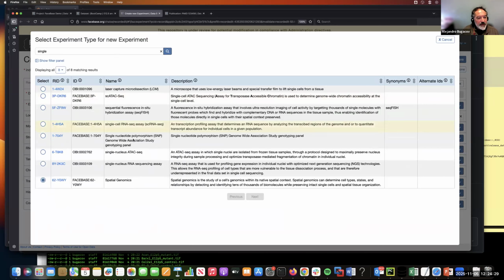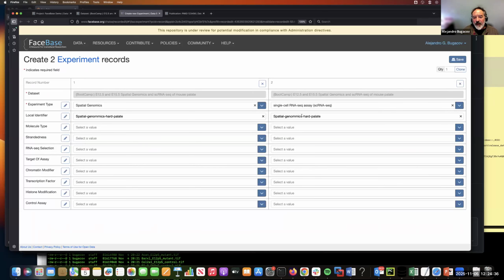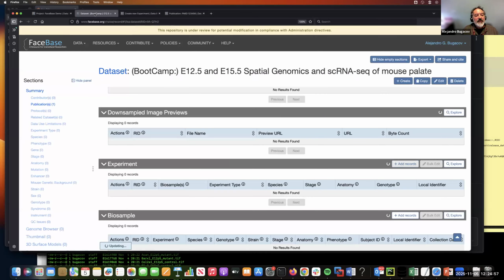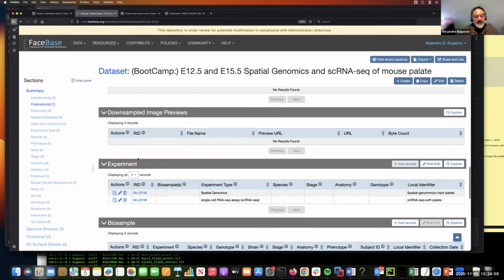So again, I go to the experiment type, I select the single cell RNA sequencing experiment type, and here I will change the identifier so that I know what it means. RNA seq, and this one I used the soft palate. So now I click save, and if I go back to my data set, I will see that there's two